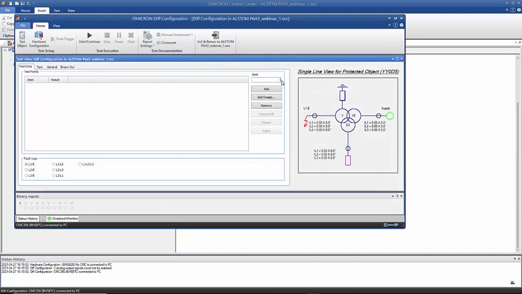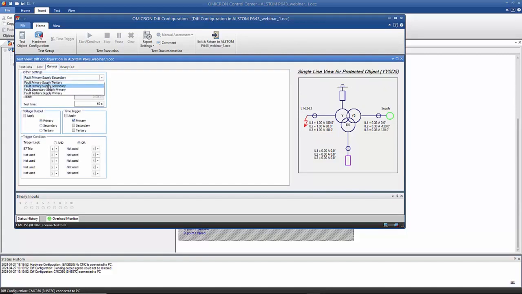Here I will make 100% loading of the transformer, maybe 3-phase if you would like. You can also use different fault loops. And also here, this is primary side. You can change this from here to make it the other side,